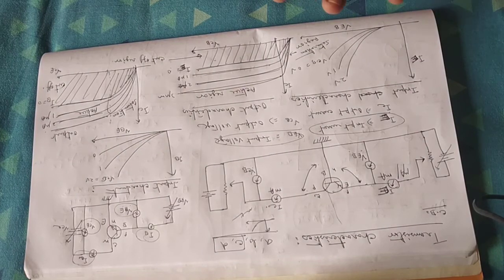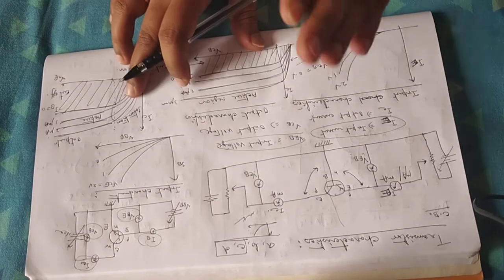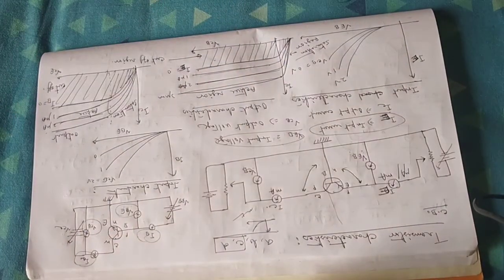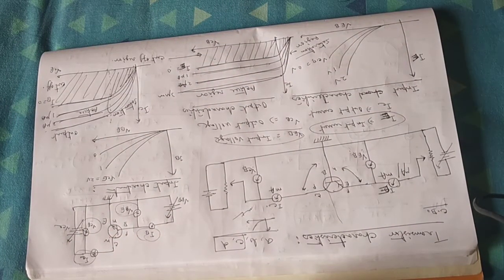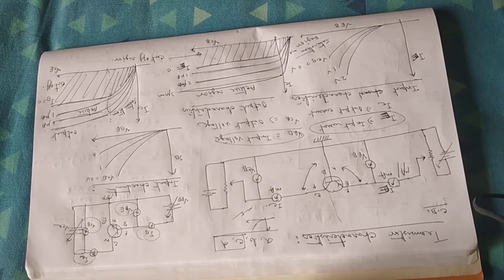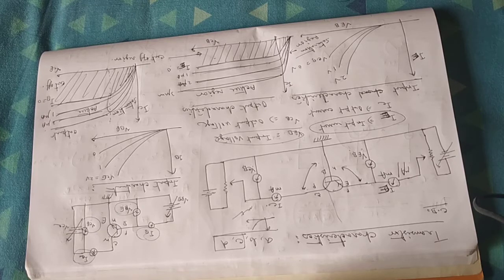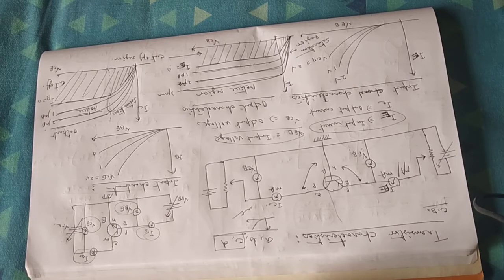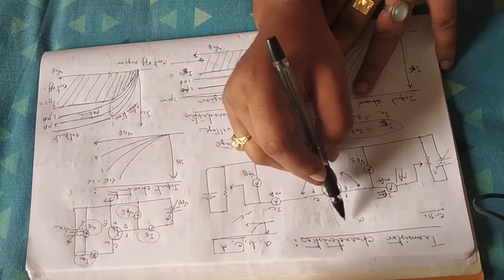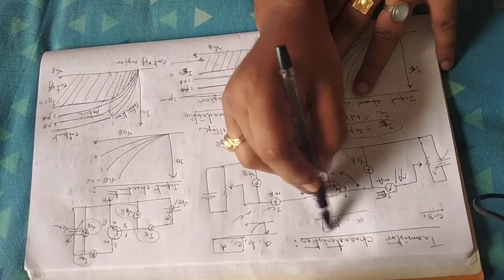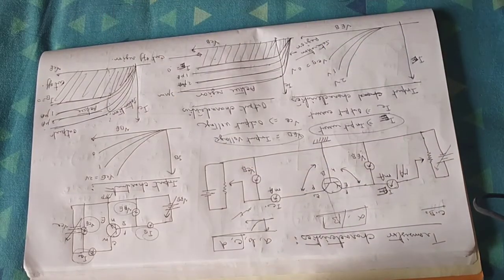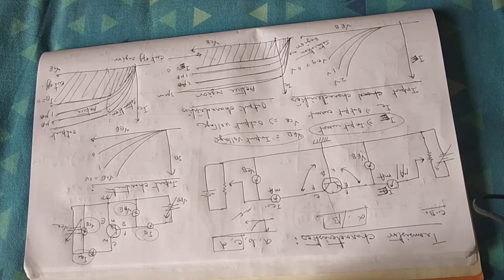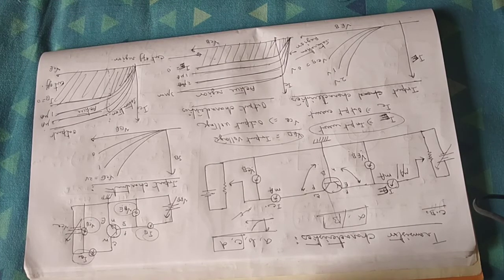You are having 4 parameters in any transistor configuration, whatever it be, the common base configuration or common emitter configuration. You have to play with the 4 parameters in order to get the input characteristics and the output characteristics. Now there are some questions: from the input and output characteristics, what is the necessity of drawing that, and what parameters am I going to get from that? You can get the values of alpha and beta, the current gain, and all the transistor hybrid parameters. About the hybrid parameters I will talk later, but the value of alpha and beta is a very simple thing which you can get from these calculations.